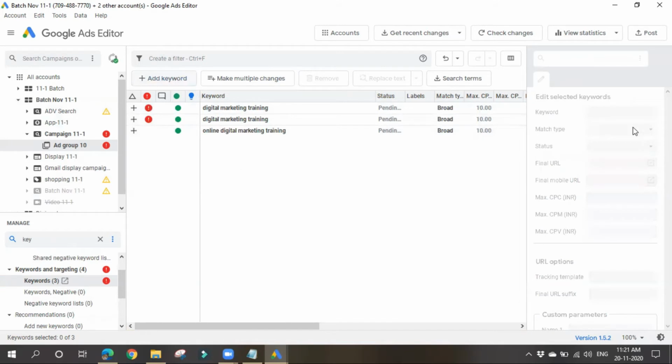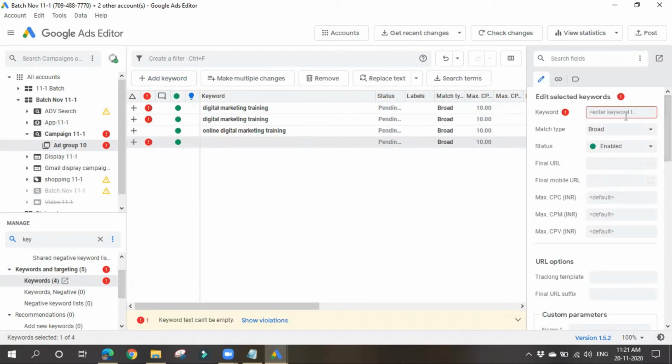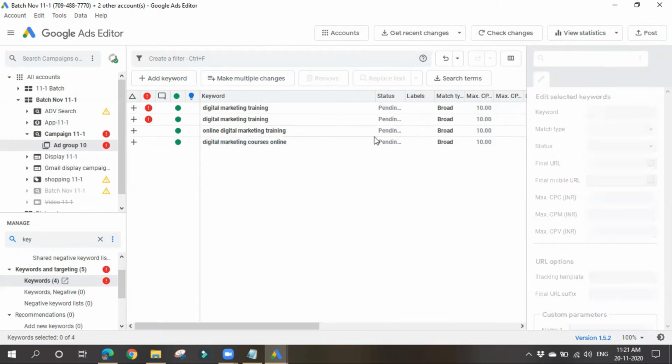Like this, you can add as many keywords as you want. Digital marketing courses online. Okay, good. Like this you can add keywords.